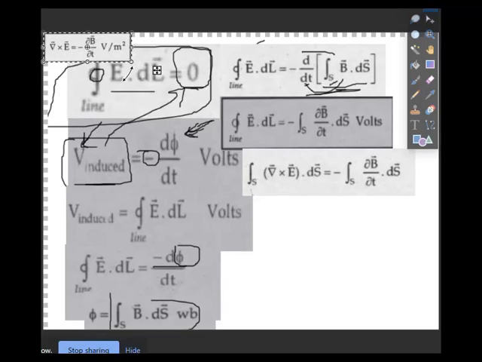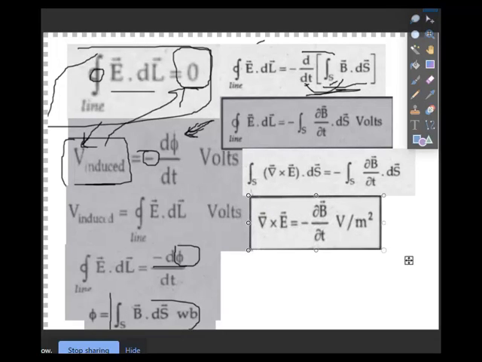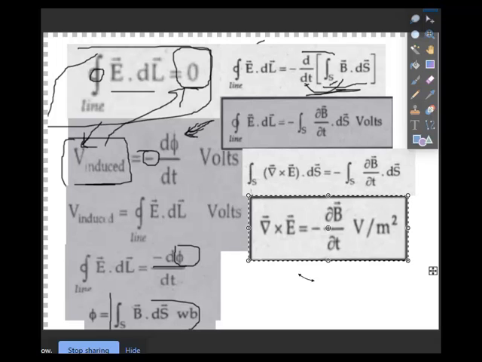So this also concludes that the initial Maxwell expression, the closed line integration of E dot dl, is equal to 0. But for time varying fields it is not equal to 0, meaning this expression was not valid or not eligible for time varying fields. So we introduced V induced here, substituted this value, equated and solved with the help of magnetic flux density, and then with the help of Stokes theorem we removed this integration sign and got the final relation.